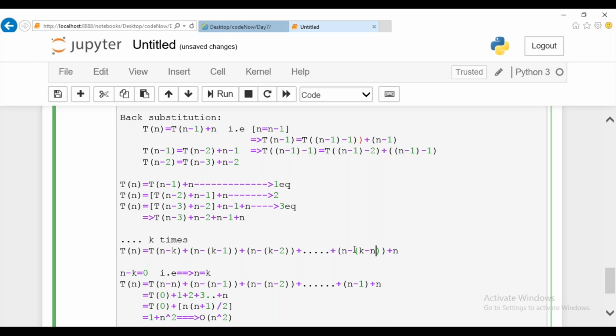You want to replace it as k minus n? You're saying this one as k minus n. How is this possible?